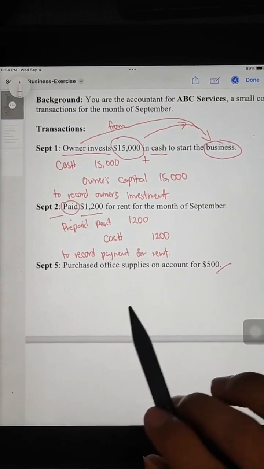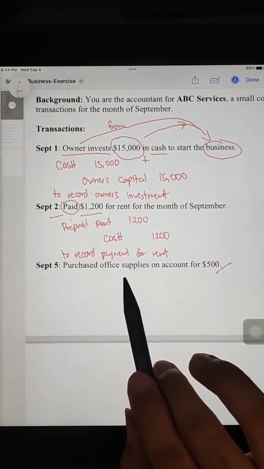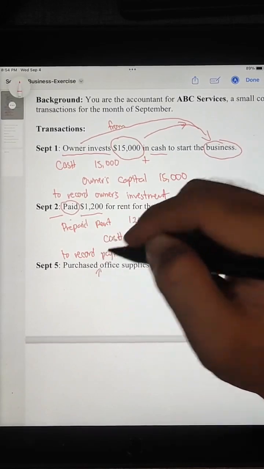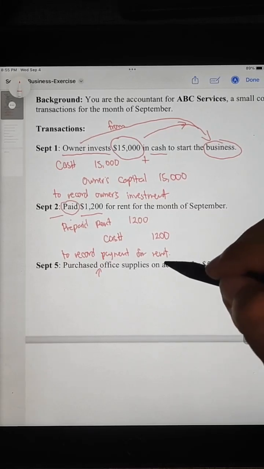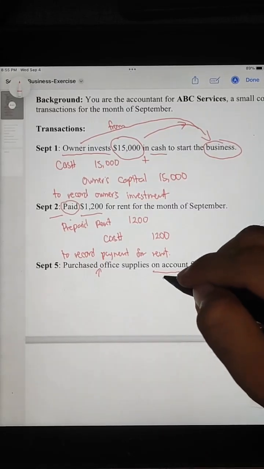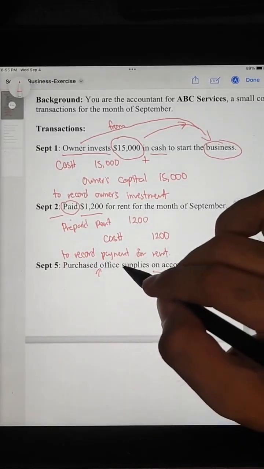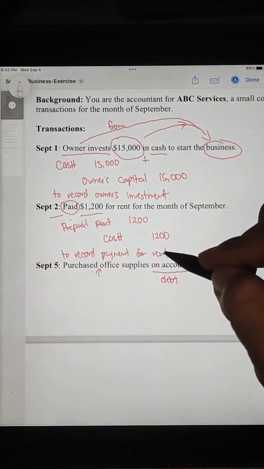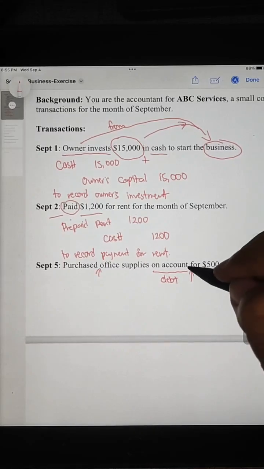So, bumili tayo ng office supplies. And since bumili tayo, our office supplies increased. Okay, there is an increase in the office supplies. And since we purchased it on account, because of the word on account, it means this is utang. Okay? Bumili tayo and then hindi natin nabayaran. So, our office supplies increased because bumili tayo, and at the same time, our utang also increased kasi nga, umutang